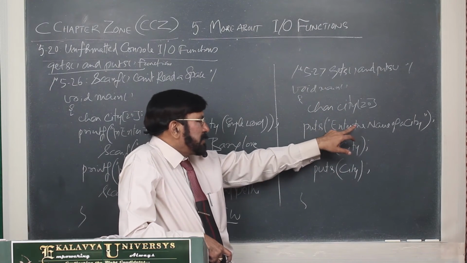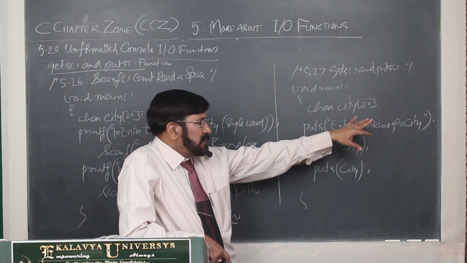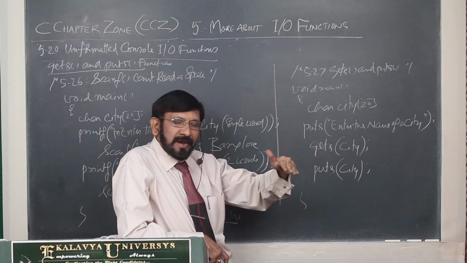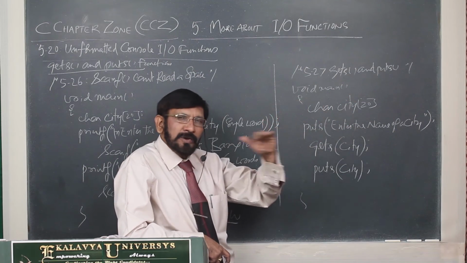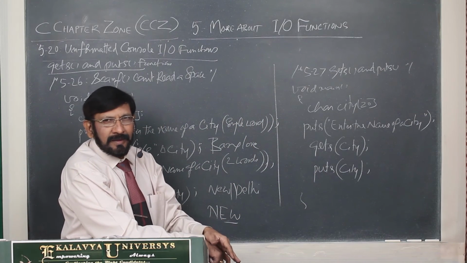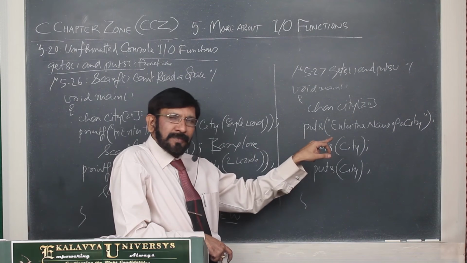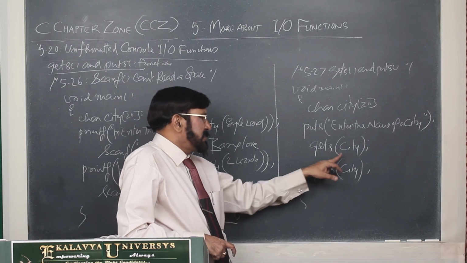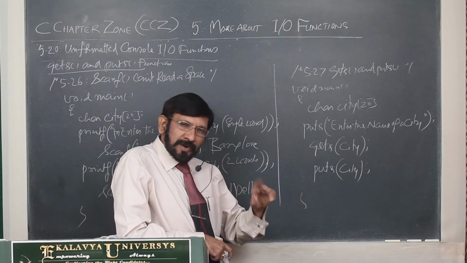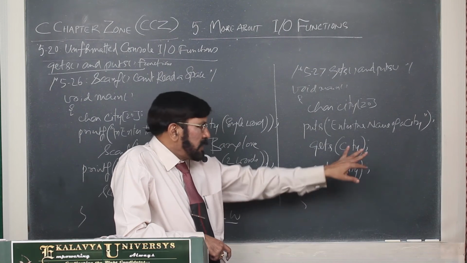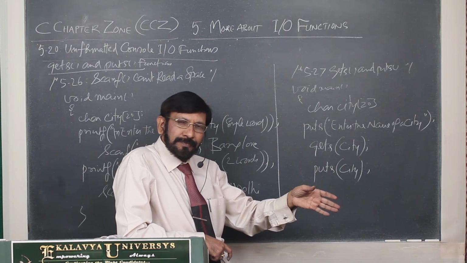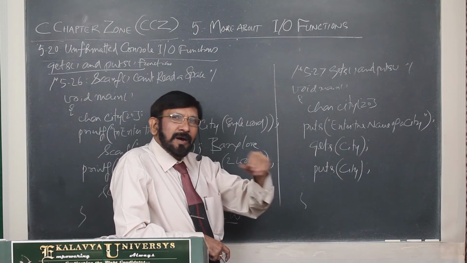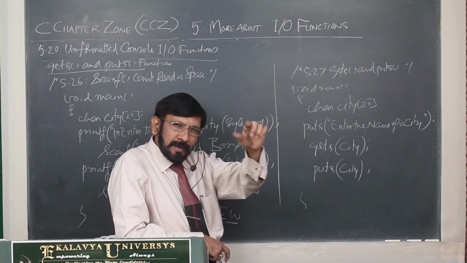So now I have written a prompt statement. You need not insert any newline for breaking the line, because puts can break its line. That means whatever text you have written is printed in one line. Next line, if you write one more puts with a different text, that is written in the second line. That point you have to remember. And gets city: here you enter a single word name or a multi word name also, gets can read. So you can enter Bangalore, or you can enter New Delhi, or you enter a big text also.